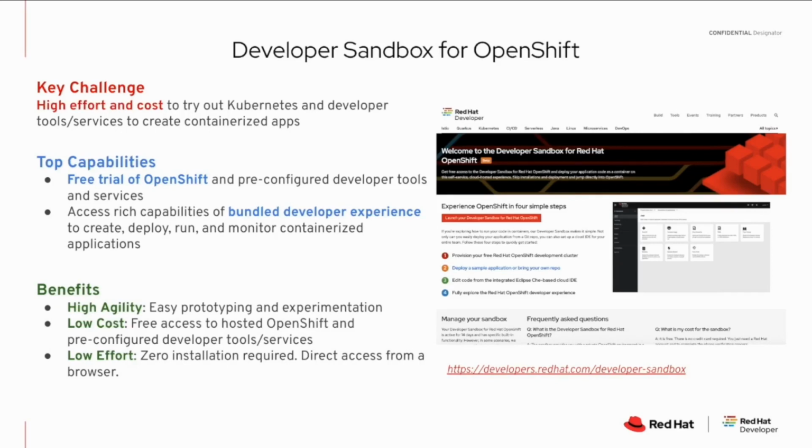The link, as you can see, is below the screenshot, and it offers a free trial of OpenShift. It comes pre-configured with a lot of the developer tools and services, from machine learning Jupyter notebooks to standard full stack applications, a rich catalog. It basically has a great visual interface, which is based upon the OpenShift Developer Console, that gives you rich capabilities with this whole bundled developer experience. So you can create, deploy, run, and monitor your applications